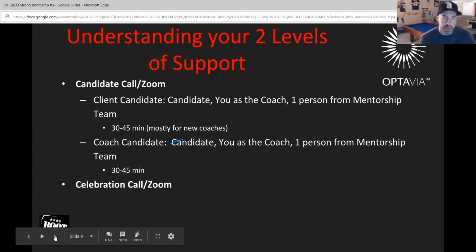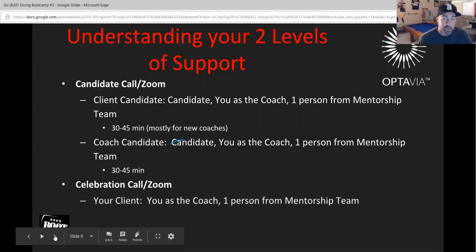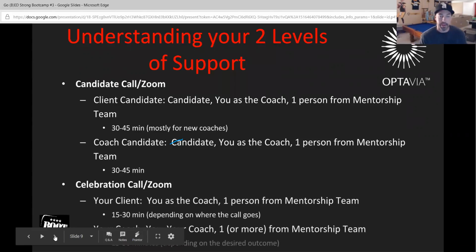Understanding your 2 levels of support, the candidate call that we just went through. The people we're going to have on that are the client candidate, you as the coach, and one person from the mentorship team. It's going to be about 30 minutes, roughly, unless they have a lot of questions. That's you teaching your coach candidate how to share the program, the full trilogy.